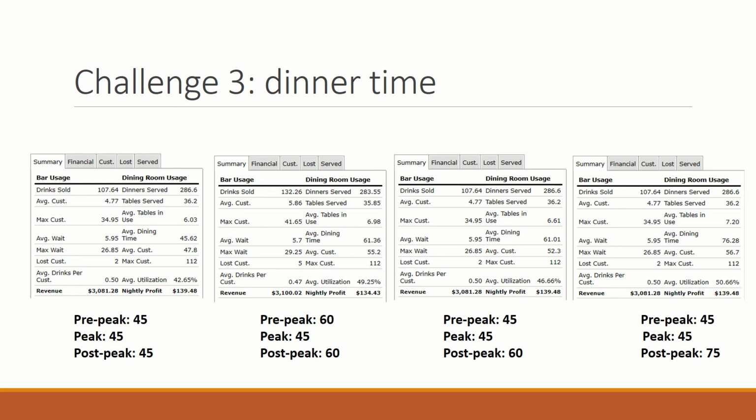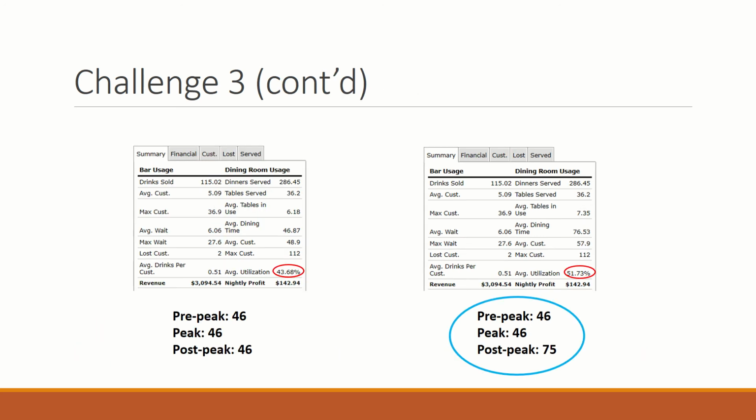Even if I increase it to 75, keeping the pre-peak and peak at 45, the nightly profit is always 139.48. The only thing that is changing is the utilization, which is now, with a post-peak of 75 minutes, an average utilization of 50.66 minutes. I found that the perfect combination to increase the profit was pre-peak of 46, peak of 46, and post-peak of 75. The post-peak of 75 is not only increasing the utilization percentage to